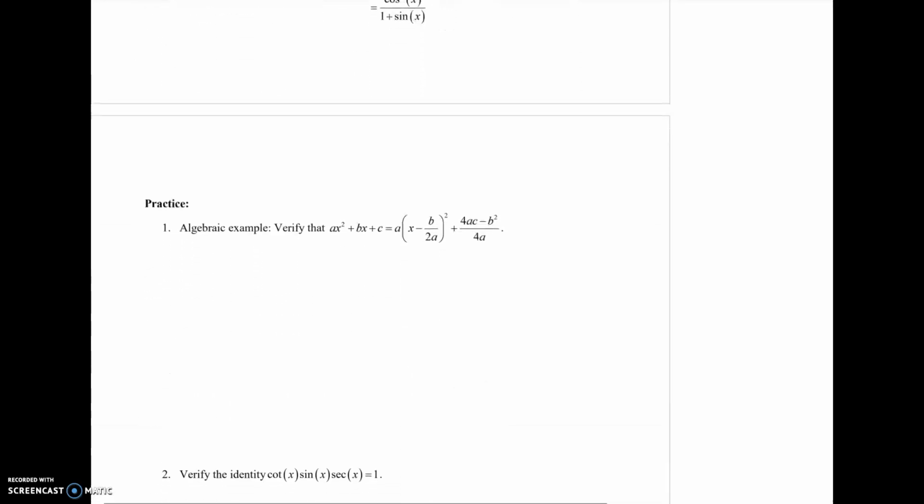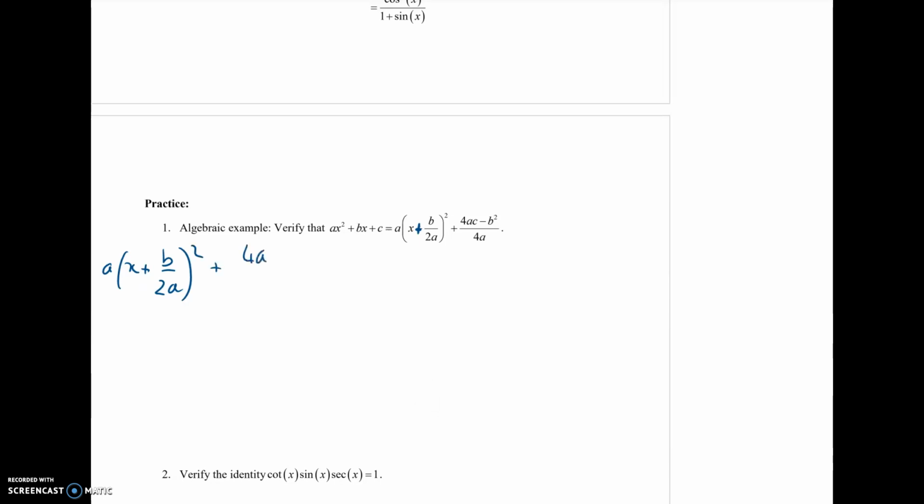So you have to verify that x squared plus bx plus c equal to a times x minus b over 2a squared plus 4ac minus b squared over 4a. So let's work on that. First, there is a tiny mistake. It should be a plus right here, so I'm going to change that into a plus. And then we have to show that the left side or the right side of your equation is equal to the left side. So what I want to do is take the a times x plus b over 2a squared